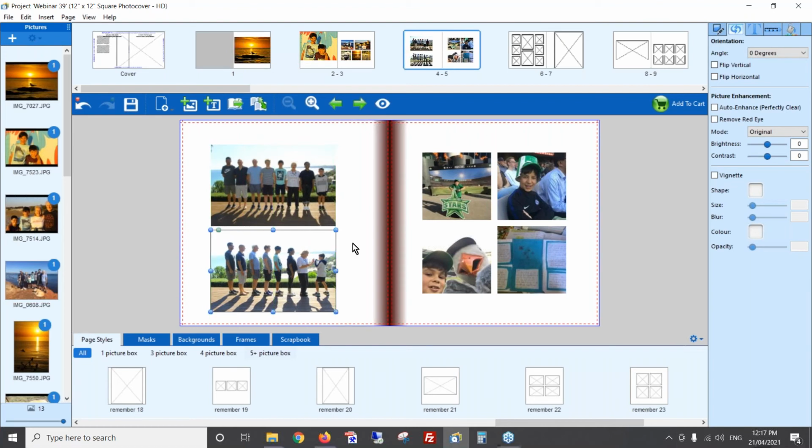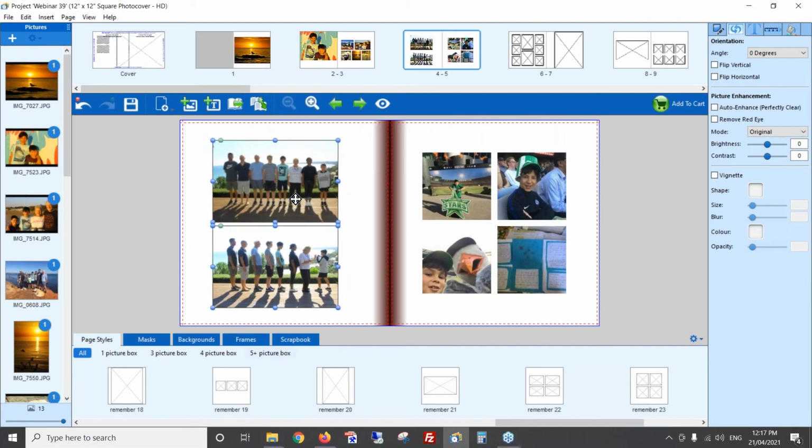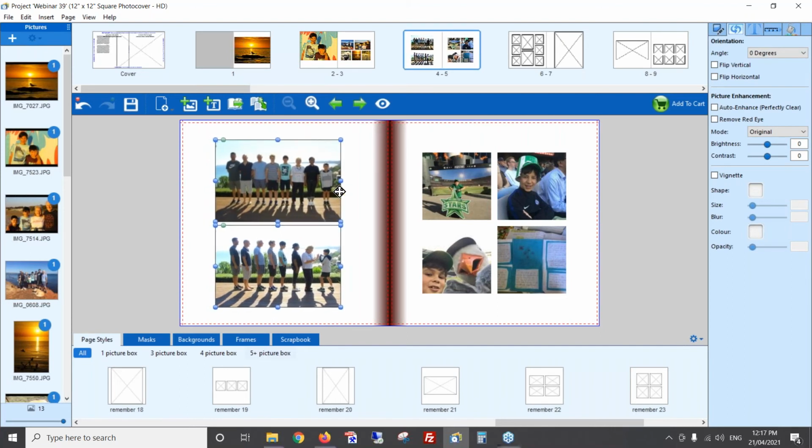They're about centered there. I haven't done that very well. We'll just move them up the page a bit. And there I've just made myself a new page style. If I want to